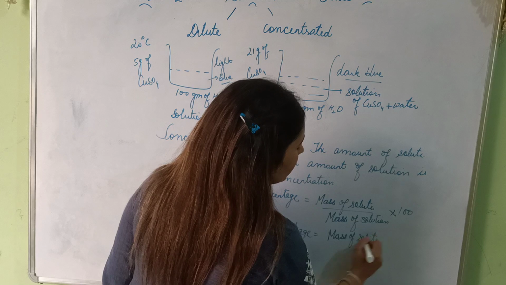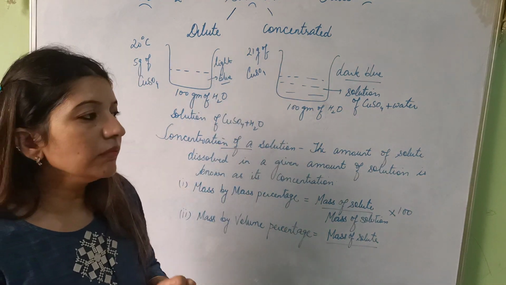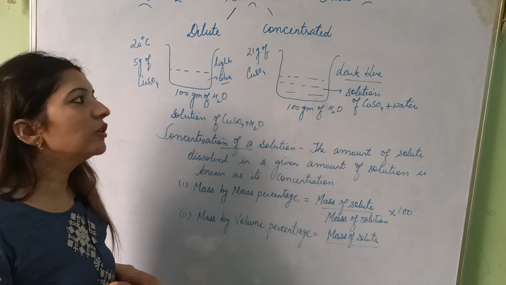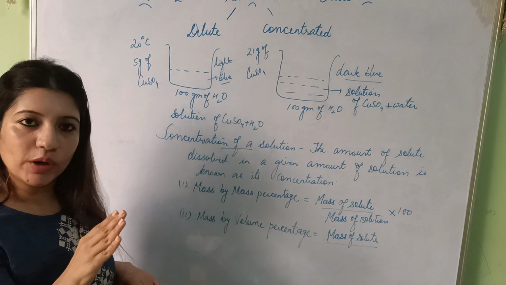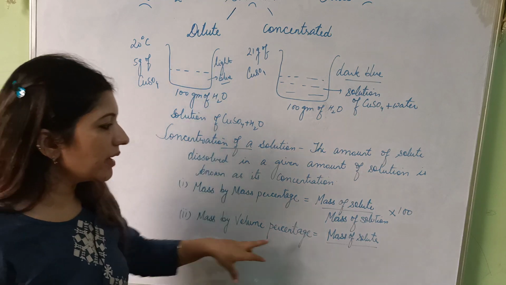Like when you suppose your score was, out of, you had your midterm exams and out of 40 your score was 20. So how do you calculate the percentage? It is 20 by 40 multiply by 100. 20 by total marks multiply by 100. इसमें भी यही कर रहे हैं.